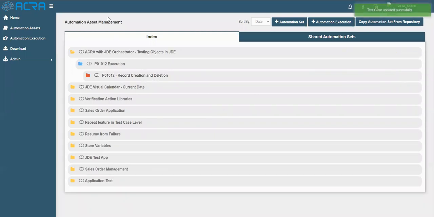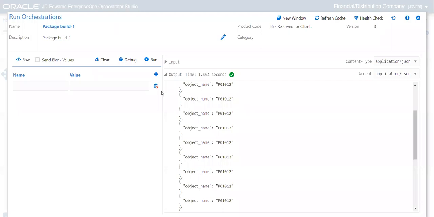Now let's go back to the orchestrator. As I have mentioned, this is the output of the package build that happened some time back, and these are the list of objects that were impacted. As we have pre-configured the test scripts in Accra, based on this output, Accra would create an execution with those relevant test scripts, and it will trigger the execution automatically.